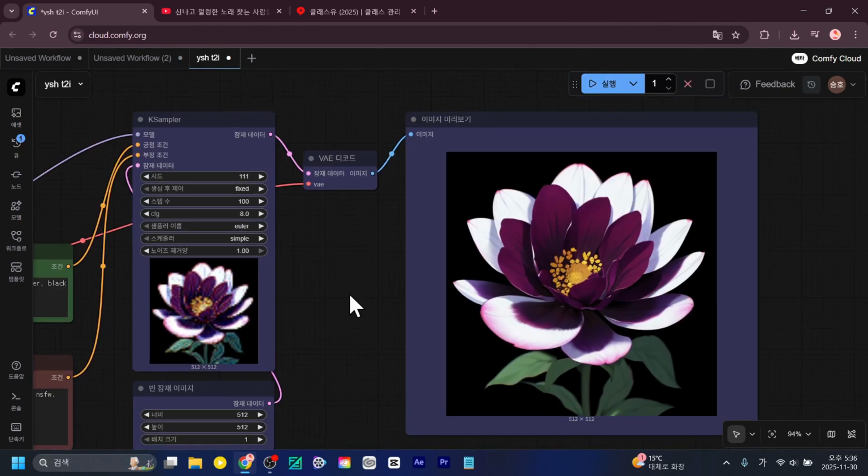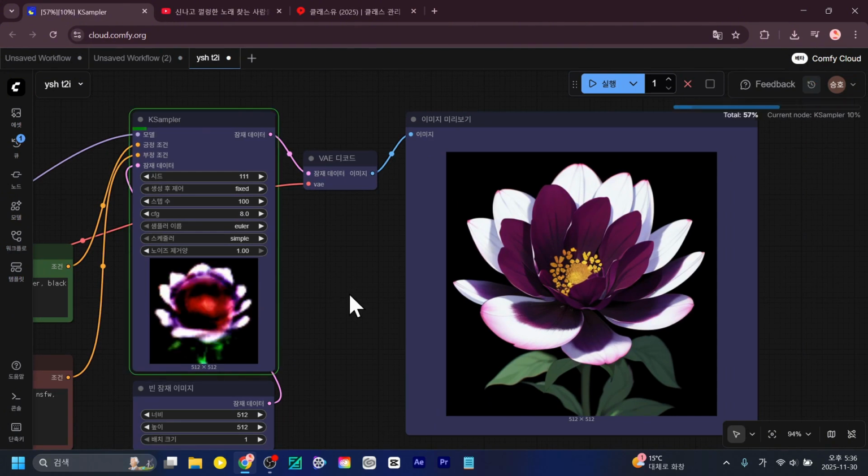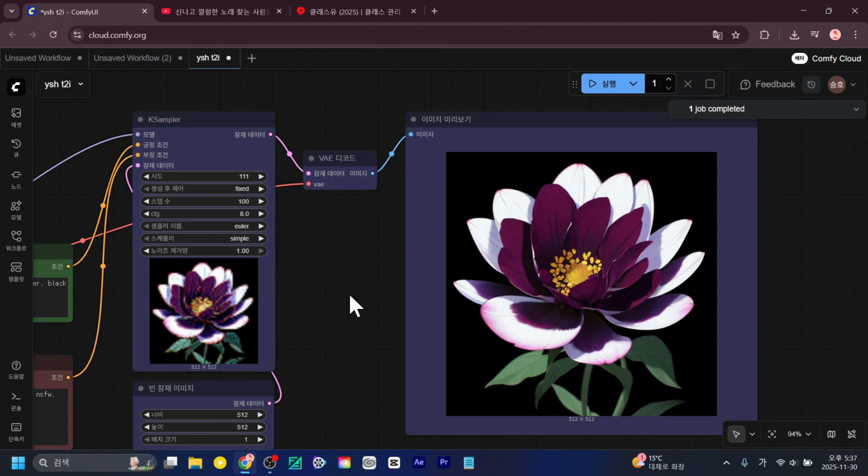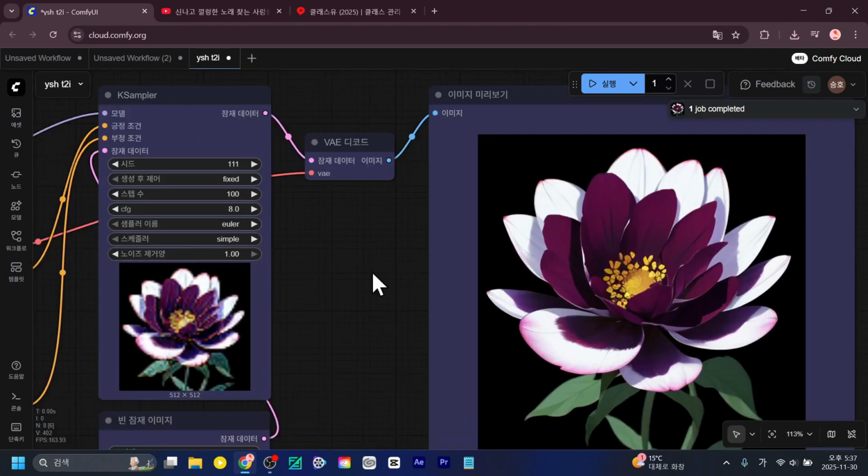What this means is, if you set it to 100 steps, it creates that flower over 100 iterations. So what do you think will happen to the image processing speed? It'll obviously take longer, right? It takes longer to generate because it's being made over 100 steps, so naturally the quality should be better, like a retouch. But of course there are limits to what this tool can create, so it's likely that there won't be any major changes. In some cases it might not be able to generate the image at all, or it might hit its maximum capacity and fail. Even with 100 steps there isn't a significant difference.